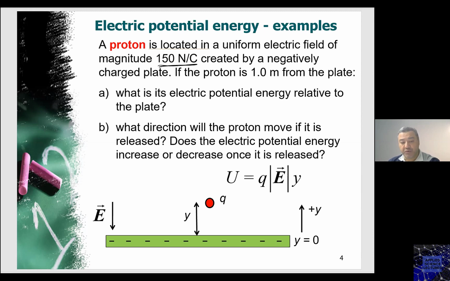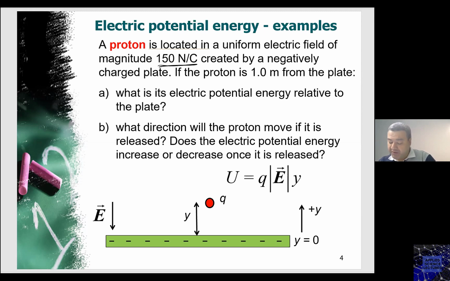We need to, if the proton is 1 meter from the plate, so this is 1 meter, calculate the electric potential energy relative to the plate. What direction will the proton move if it's released? Does the electric potential energy increase or decrease once it's released? So let's start first with the